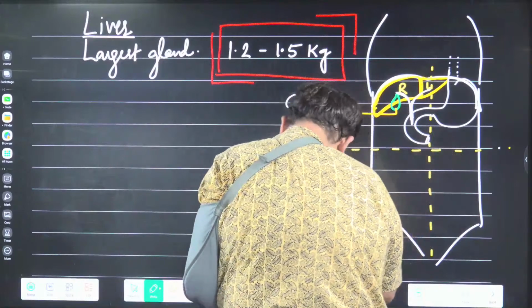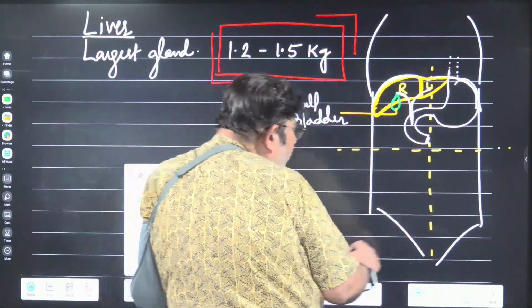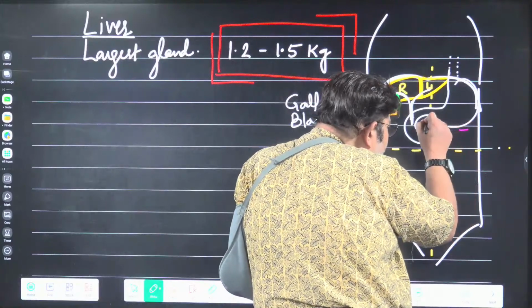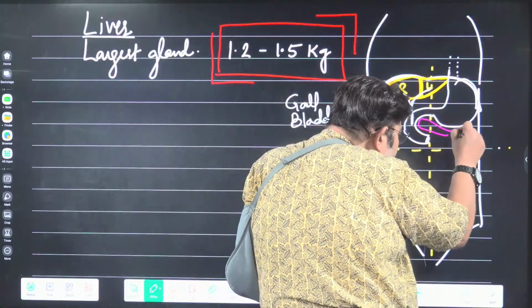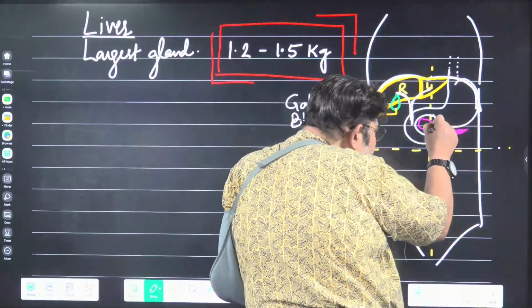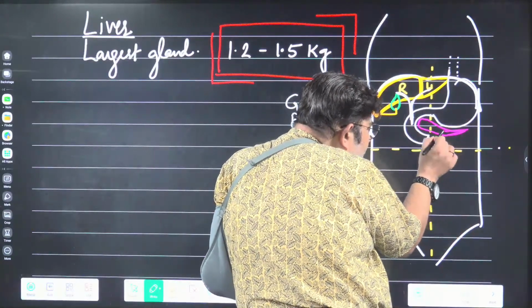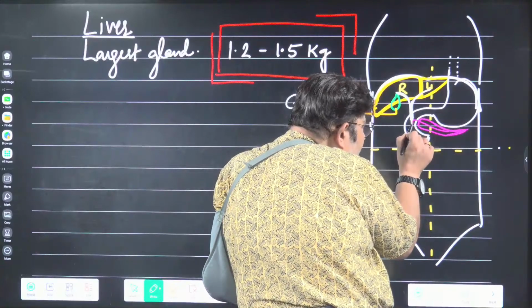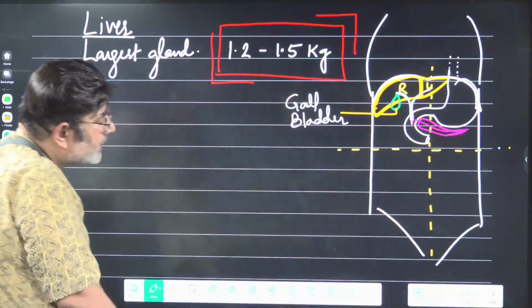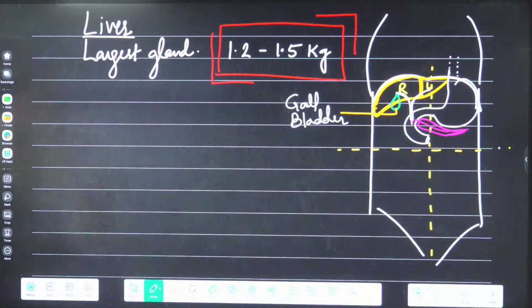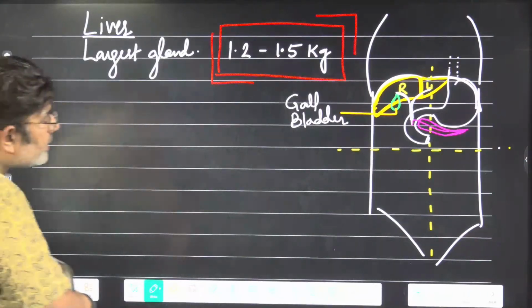Not only that, there is another gland whose duct also opens into the duodenum. It is a large mirchi-shaped gland, and its duct merges along with the duct from the gallbladder and opens into the duodenum. So the duodenum is getting the duct from the liver, the gallbladder, and the pancreas. This red colored structure is the pancreas. The head of the pancreas is found in the concavity of the duodenum.